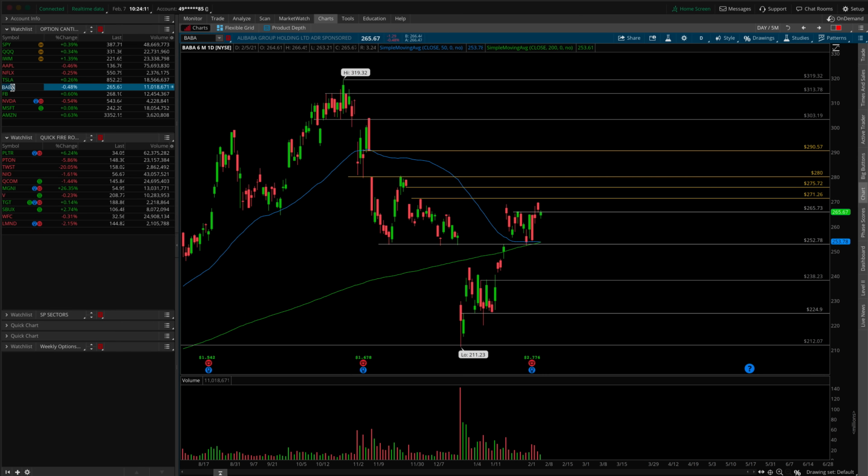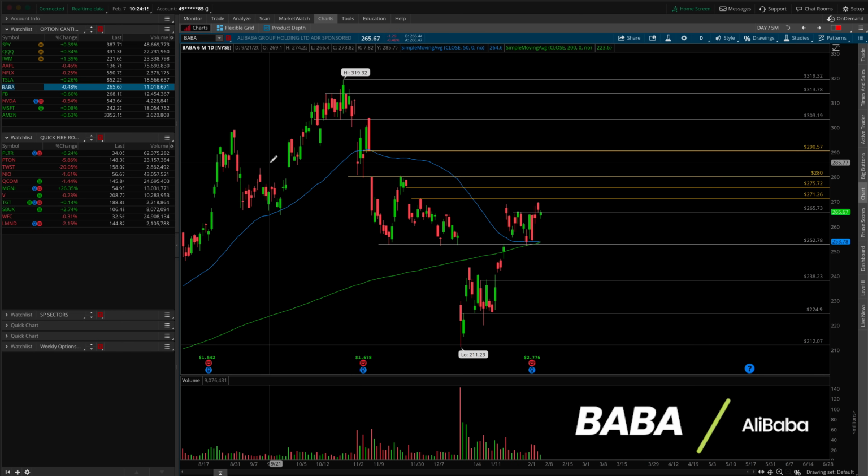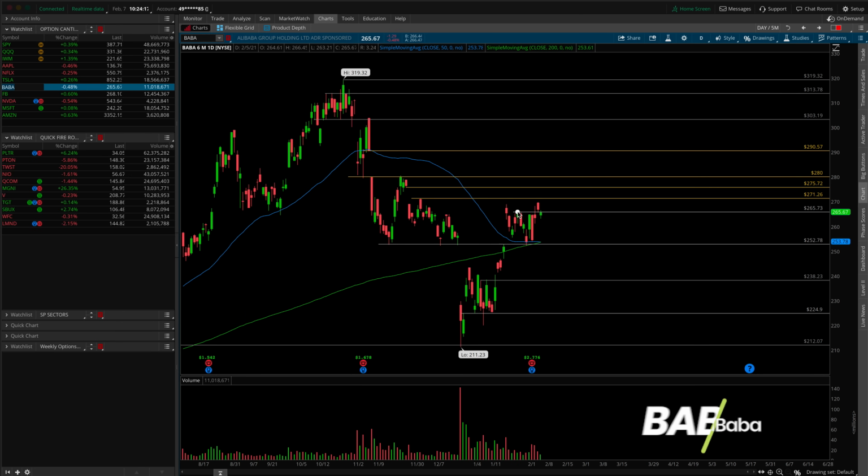Coming into Alibaba, you can see on this one, the chart is still very sloppy. One key thing to note is that we tried to get a breakout over this pressure cooker top at 265.75, and it really was met with no acceptance, right? The buyers did not step in with any sort of true strength on the first go, so we have to wait and see whether or not they try to do it a second time. With this green hammer slightly below the level once again, maybe we get a secondary break, but now